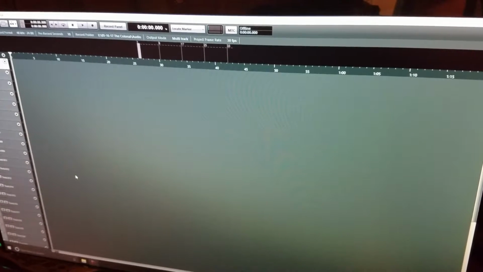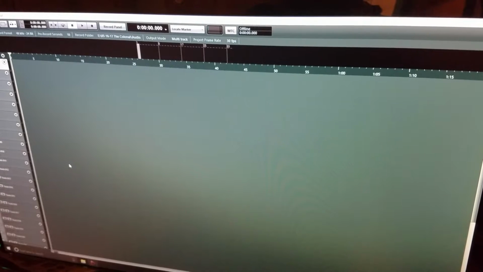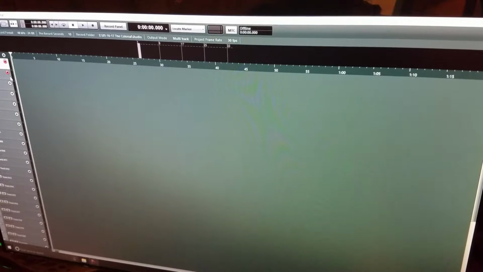and now we have a blank canvas, and to the left we see rows of tracks, and those all correspond to the channels on the mixer. So if on the mixing board we're using channels 1, 2, 3, 4, and 5, then we would arm tracks 1, 2, 3, 4, and 5. And then when we hit record, then we are going to capture whatever audio is going to those channels of